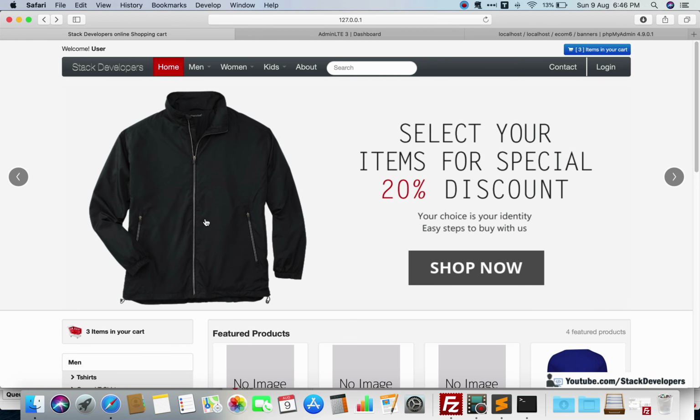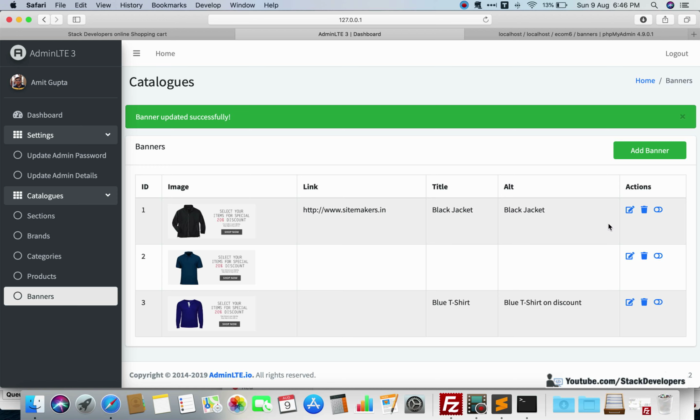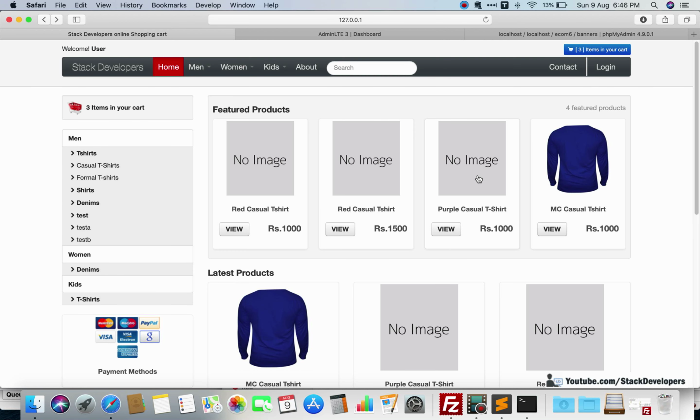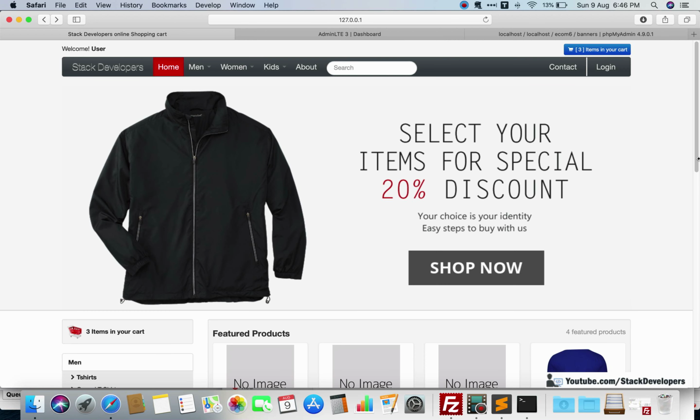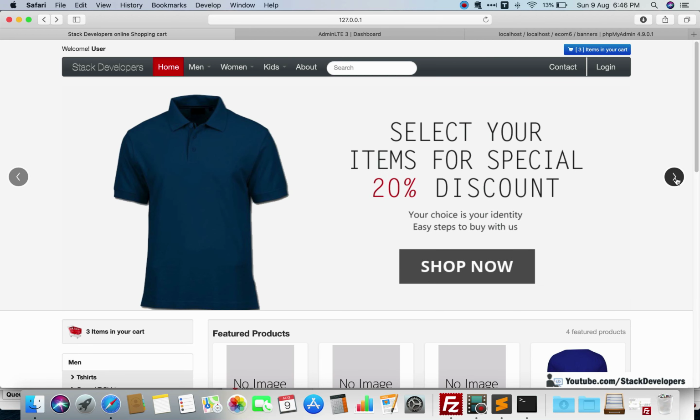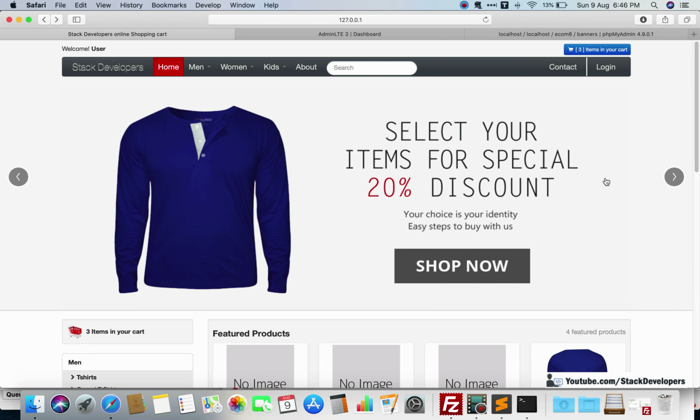Okay, and you can also disable that if only one image is there. So you can add the condition at your end, like if there is only one image, then you can disable this one. Okay, and in case there is no image, then you need to disable this completely. So let's see, if there is no image, then it is not showing at all. That div is not coming at all. See, it's empty. Okay, so there is no image. So now I'm going to enable all the images and they will show up there. Okay, so first one, second one, and third one. Okay, so now it is fine.